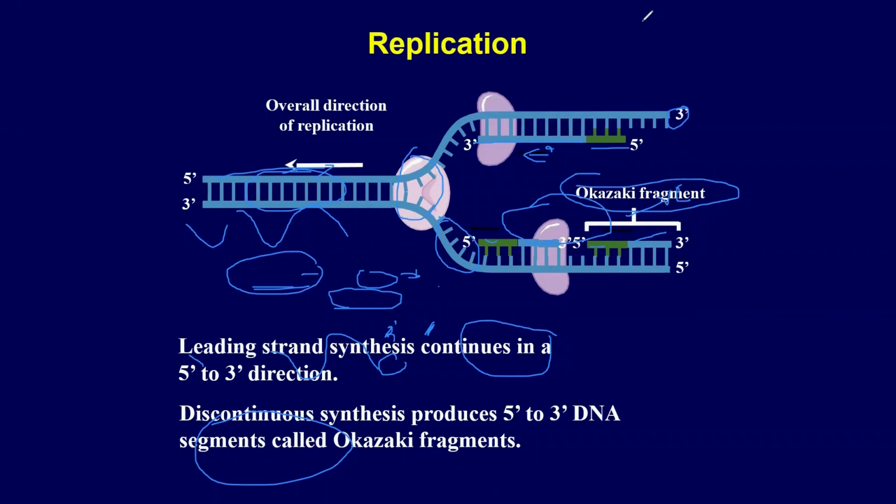Later on, the RNase H enzyme comes and breaks these primers, and then DNA polymerase I enzyme binds here and fills the gaps created by the primer degradation. So you can see here in this figure,